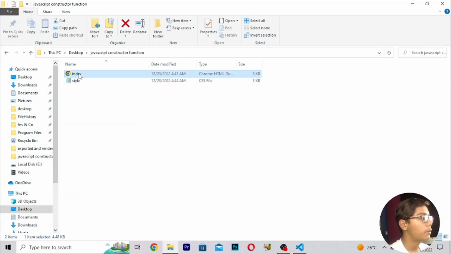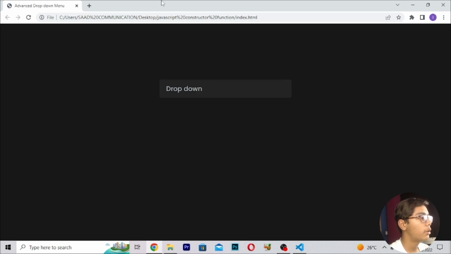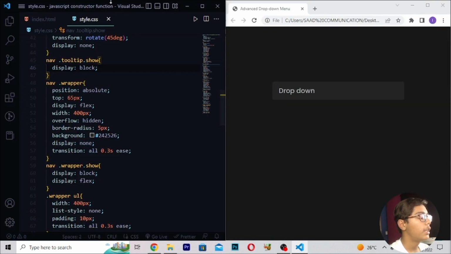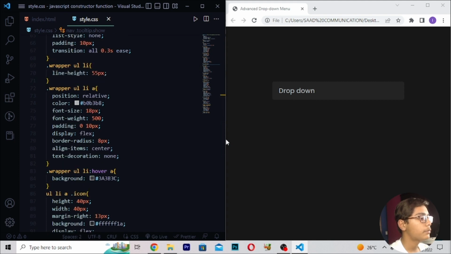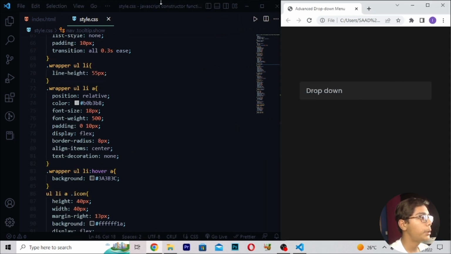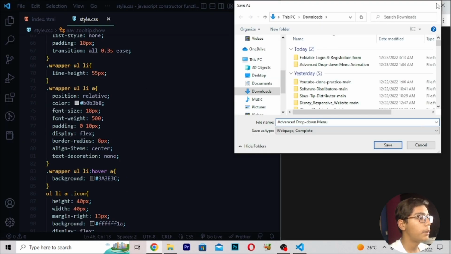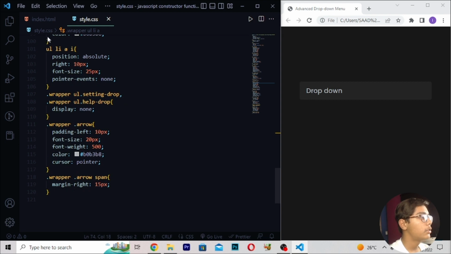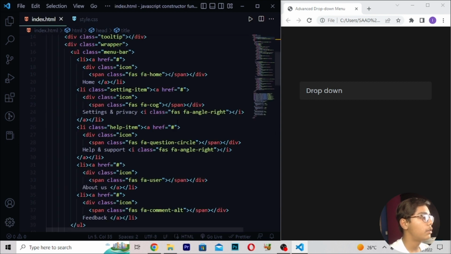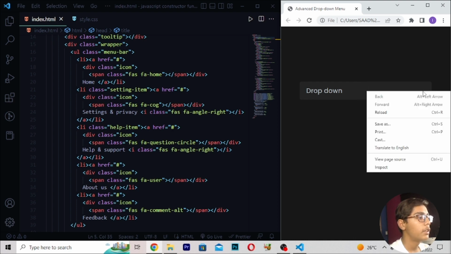So this was our project, and you can see this is the drop down menu we are getting here, and then these are the things in the drop down we are getting. So here I will now be doing one thing. Here I will be doing it like this. Then you have to just do one thing. Here I will be moving, and you have to save this, and then here also. Then when you've written this, you have to now reload, and you can see this is the drop down we are getting here.